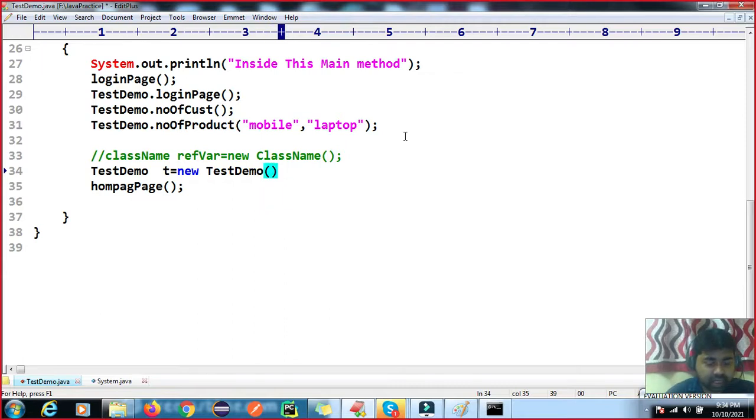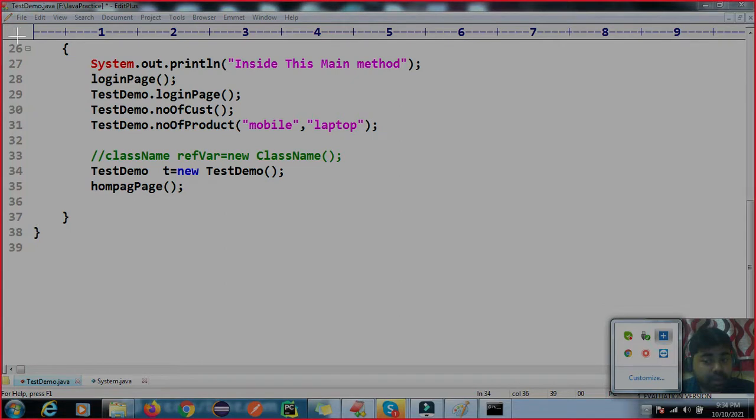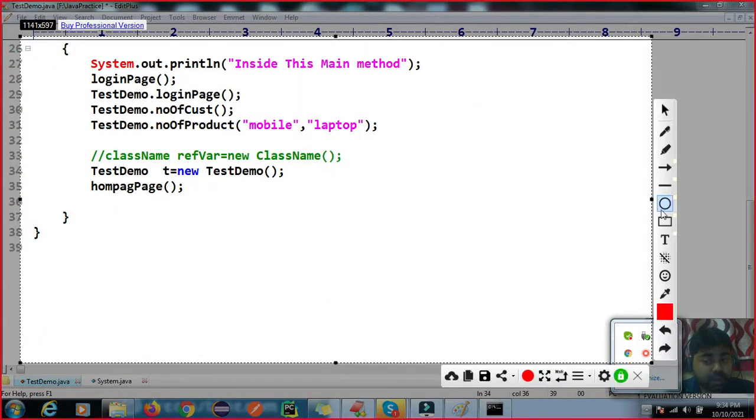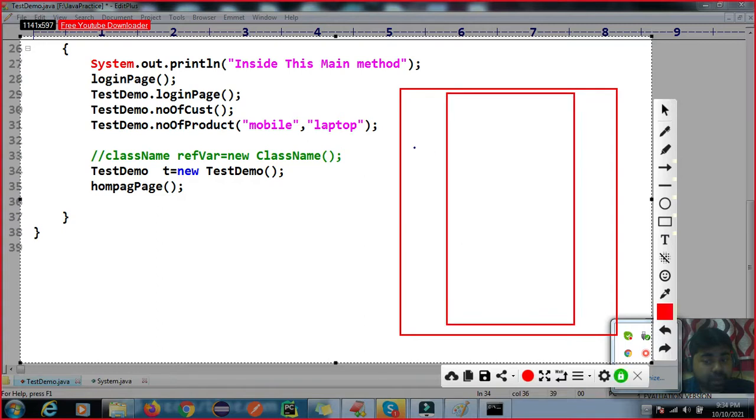So basically, what happens when you are creating an object? I told you why a non-static object is required. Employee data is not common, so we have to give the employee data a specific copy of memory. Inside this JVM, one area is there that is called the heap area. When you create an object, the object will be created here. An object is nothing but providing some memory location for non-static members. So when you create an object, all the members, like home page, will get memory.